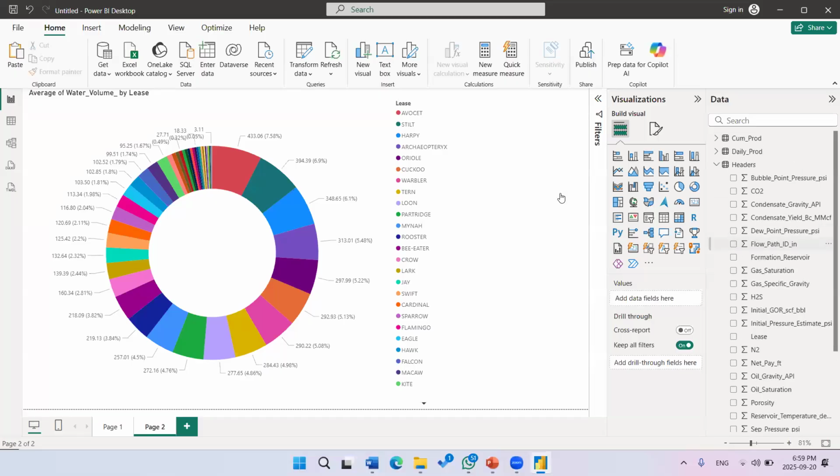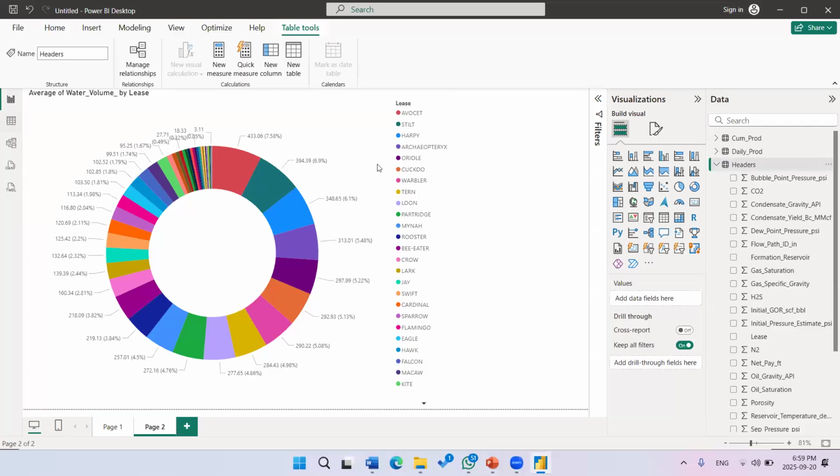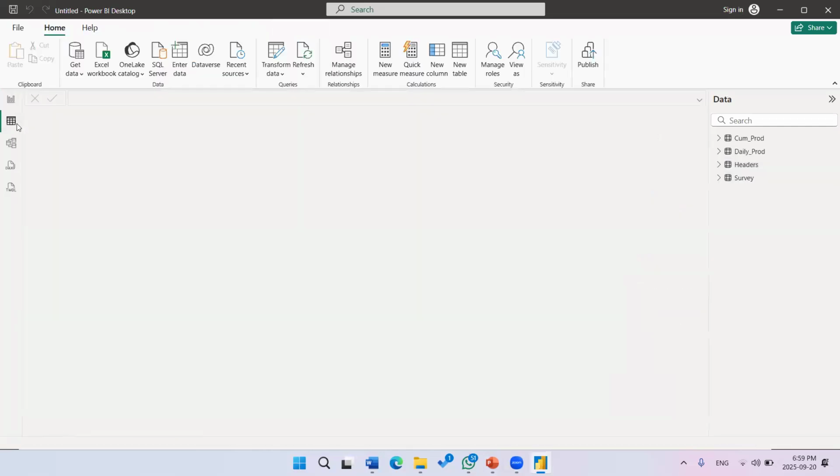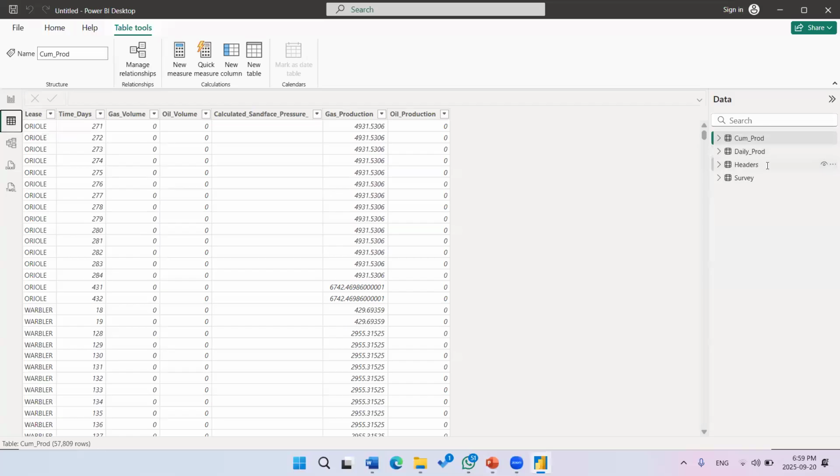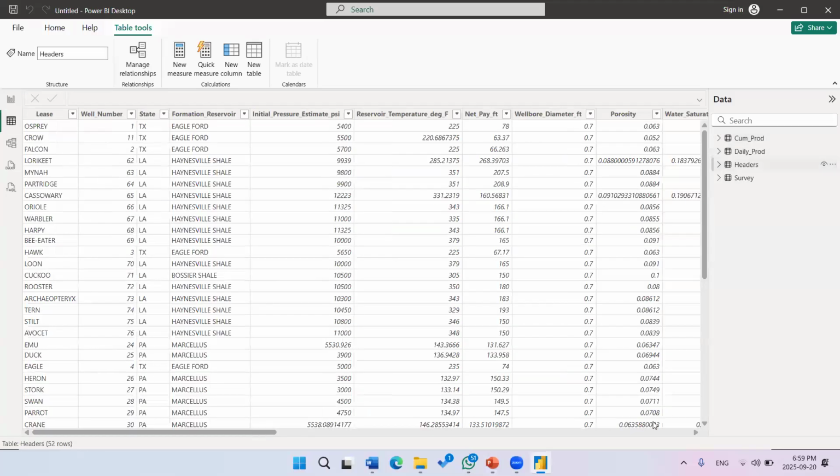So before I start diving deeper and showing you how to connect everything together, let me show you what this table looks like from the data. Now what you're seeing is the report view. You can switch from the report view into the table view. And in the table view, if you click on the headers, you will see all the data that are